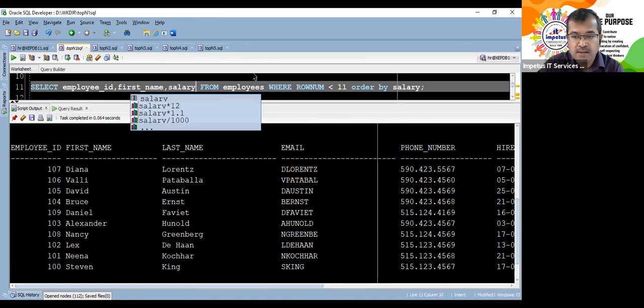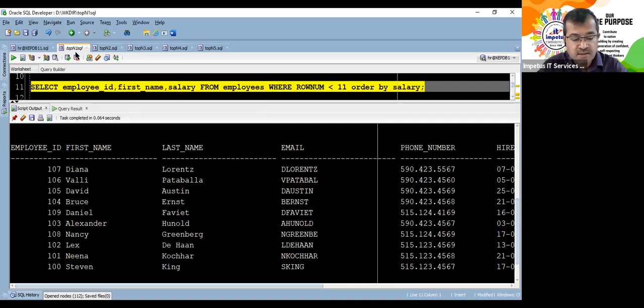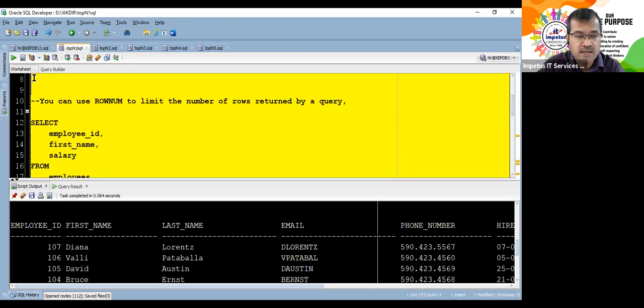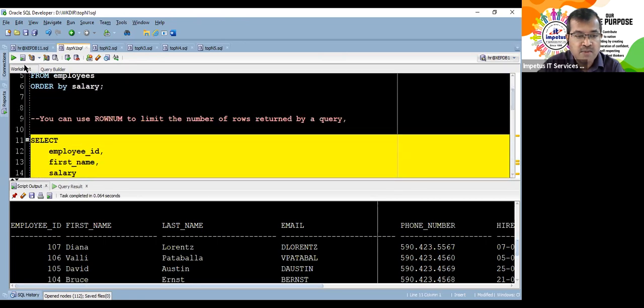Okay. And let's format this particular query. Control F7. Okay, so I have formatted this query. I said select employee ID, first name, salary from the table, order by their salary. So I am also interested in displaying their salary.